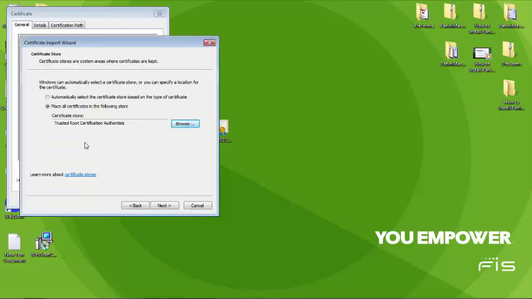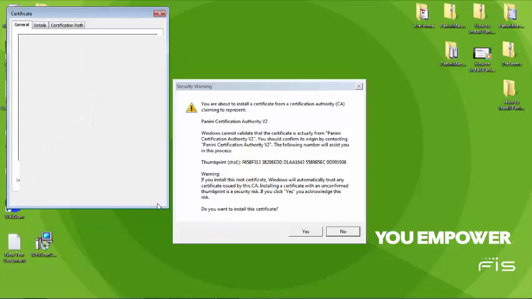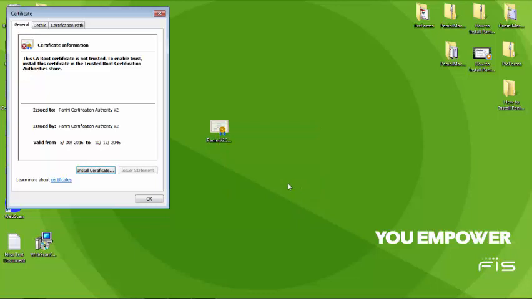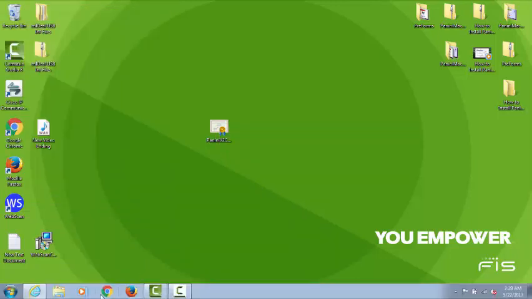Press Next again and then Finish, and you will be prompted by a security window asking if you'd like to install this certificate. Press Yes and you will receive a prompt letting you know the import was successful. Hit OK and OK again to exit both of these windows. By now our mIDeal should have finished rebooting. Check to make sure the light on the scanner is solid orange, and we will navigate to the new address